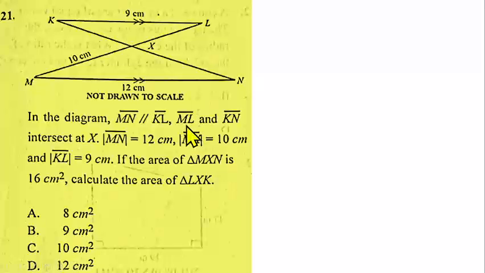Then sides ML and KN intersect at X. So this side and this side intersect at X here. If side MN is equal to 12 centimeters, side MX is equal to 10 centimeters, and side KL is equal to 9 centimeters, you have to, if the area of a triangle